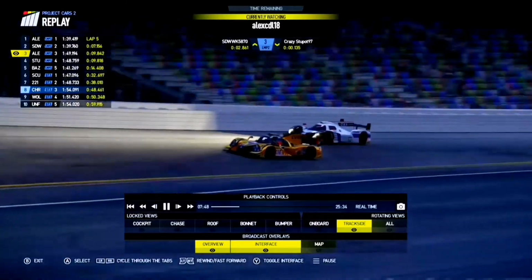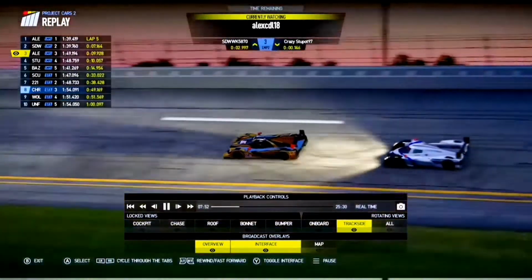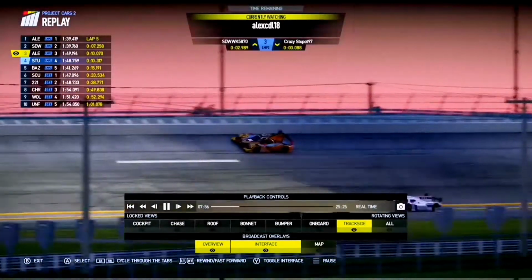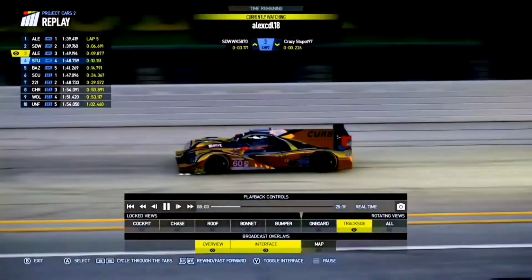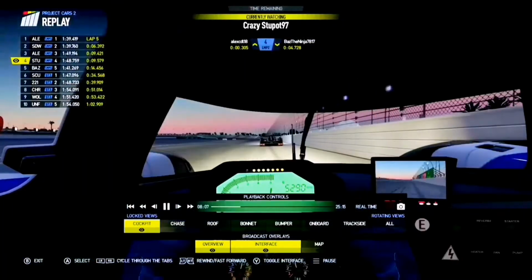Yeah, Crazy Stewpot got a little bit too greedy, I think, on his entry speed, and then it took him a little bit longer to get back on the power, and Alex CDL thought, yes, I'll have the inside line there, thank you. But you can see a very different line that Marek is taking through there. But the Ligier is still ahead of Alex CDL as they go up towards the very fast chicane